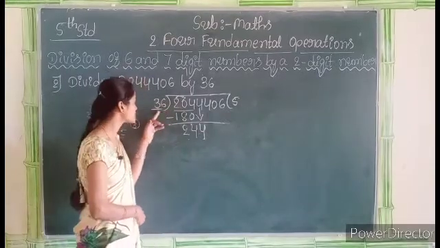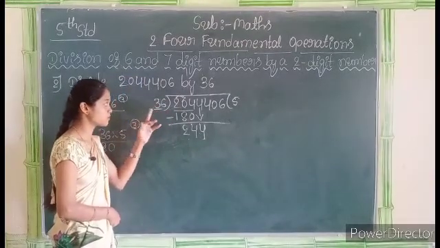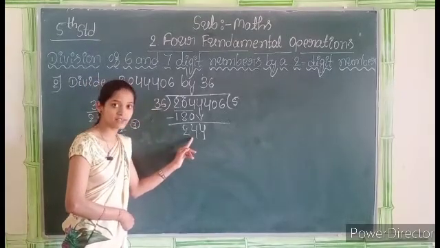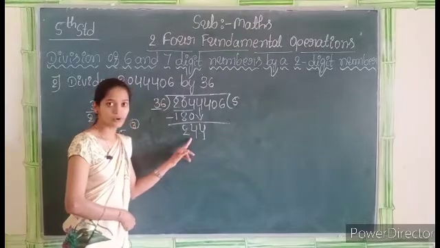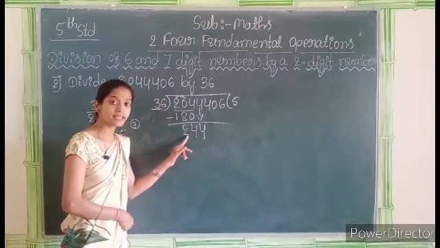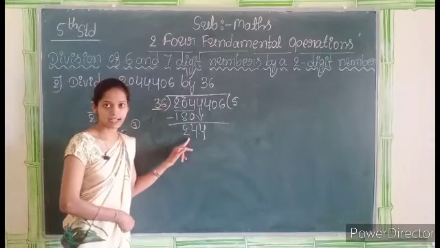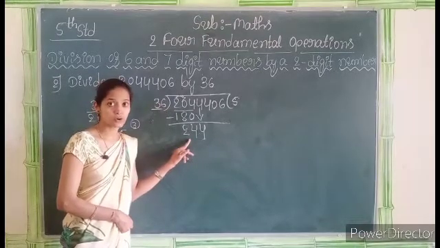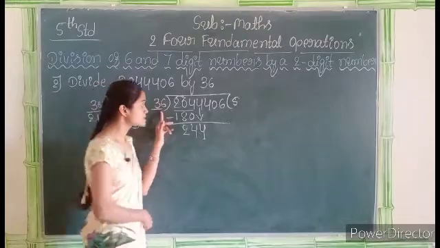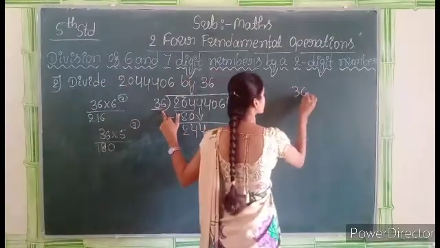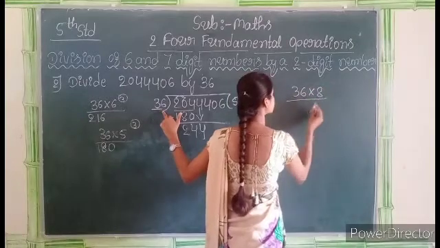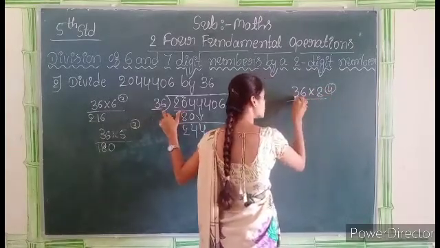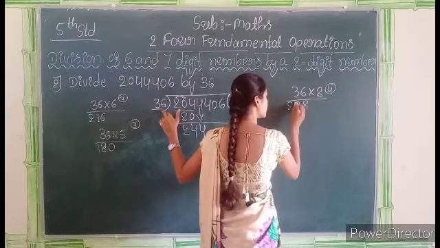Again here we have to consider the first leftmost digit of the divisor, that is 3, and here the two leftmost digits of the dividend, that is 24. This 24 is directly divided by this 3 8s. 3 8s are 24. 8 may be the quotient. Let's check 36 times 8. 8 6s are 48, 8 then 4 carry, 8 3s are 24, 24 plus 4, 28.